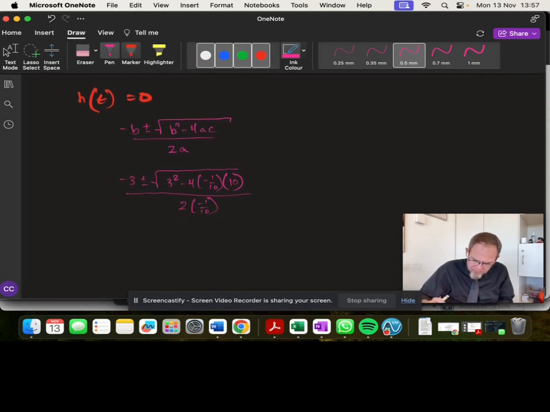Okay. Simplifying this down, I would end up with negative 3 plus or minus the square root of 9 minus, well, negative 1/10 of 10 is negative 1, and times negative 4, so this is plus 4, and all of this is over 1/10,